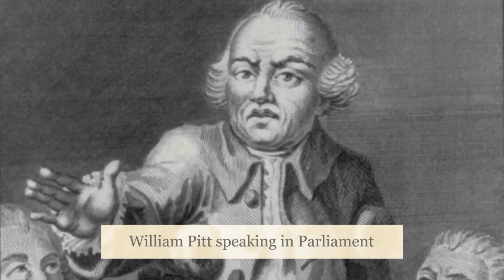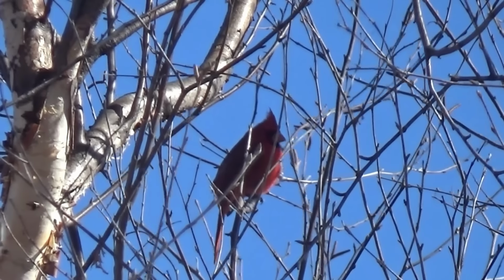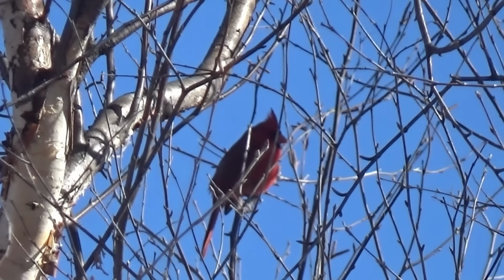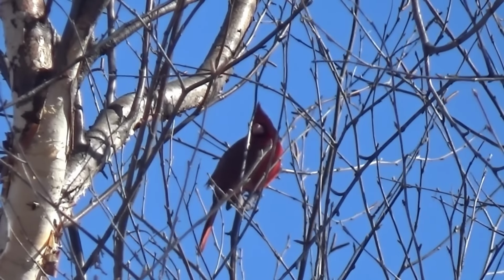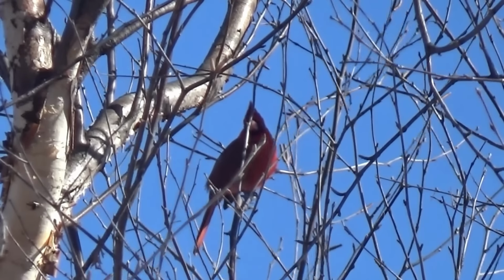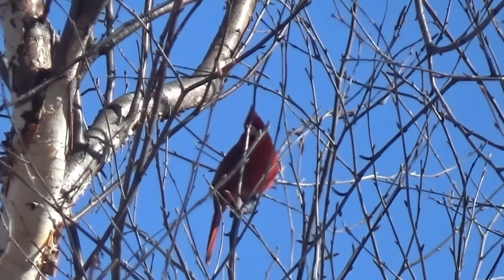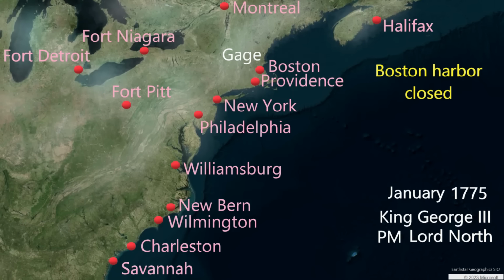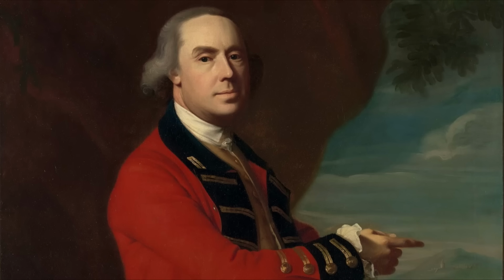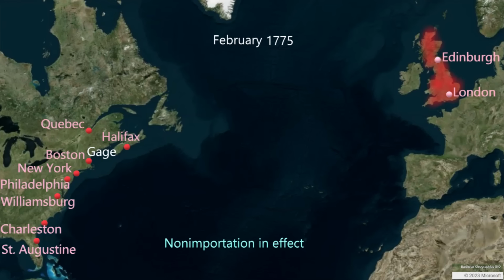He even motions for Parliament to accept the Continental Congress as a legitimate lawful entity. However, William Pitt's proposals are defeated. Instead, London is putting General Gage under pressure to solve the problem in Boston. But Gage knows the Massachusetts population has turned on him and British authority in general. He is surrounded, fully aware that he does not have the manpower to enforce royal authority. We will zoom out to the transatlantic perspective.